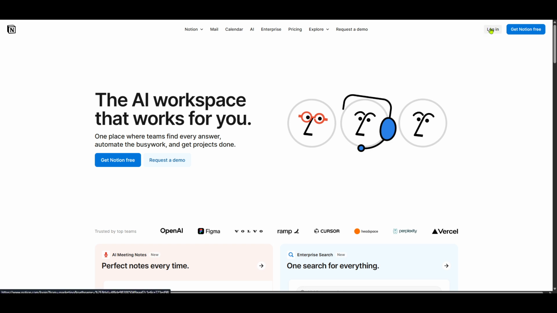If you have a specific page in mind where you want to add a table with checkboxes, click on it. This will open up the page, and from here, you can begin to customize it to better suit your needs. Next, you need to ensure that you have a table view, as this is where you're going to add your